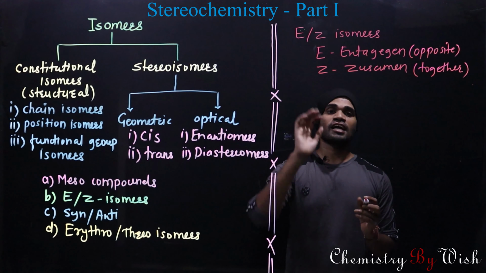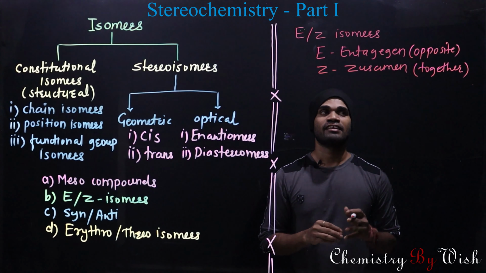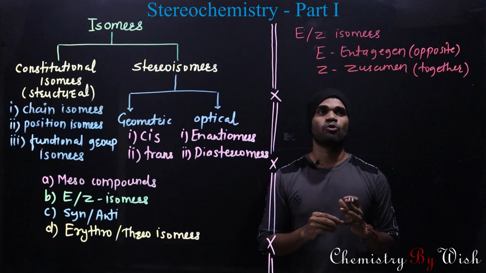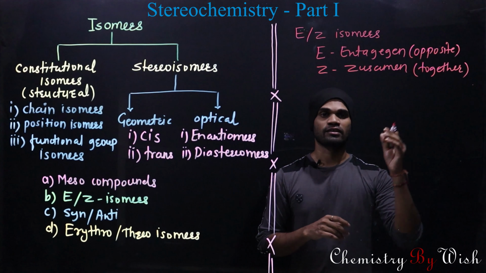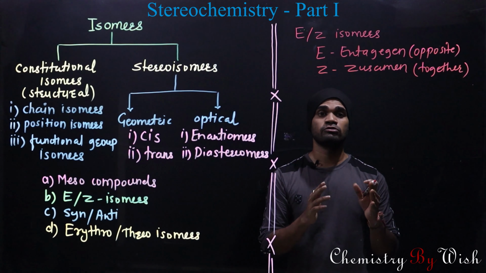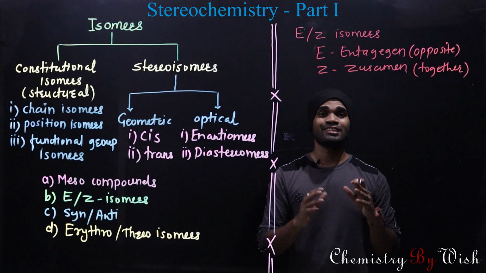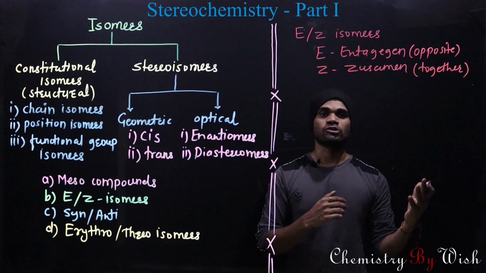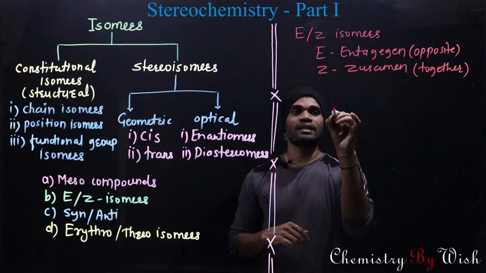So E stands for entgegen, that is the opposite, and Z stands for zusammen, or we say together. This type of nomenclature is also used in case of olefins, but there is a difference between cis and trans. So what is that difference? If we take an example,